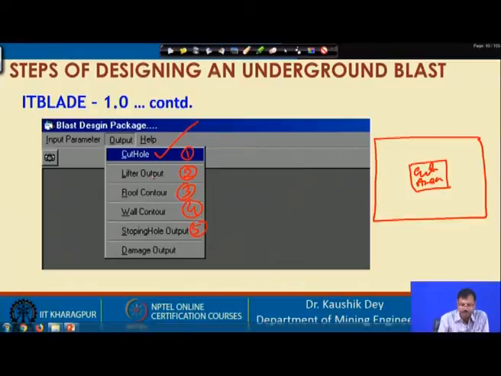Our next part is the lifter one, that means for blasting the floor holes how much area is required, that means what will be the maximum burden we can consider for the last periphery holes, that has to be decided here. So, we can have the desired area to be blasted in the lifter holes.